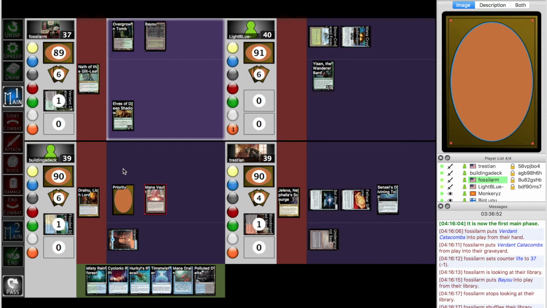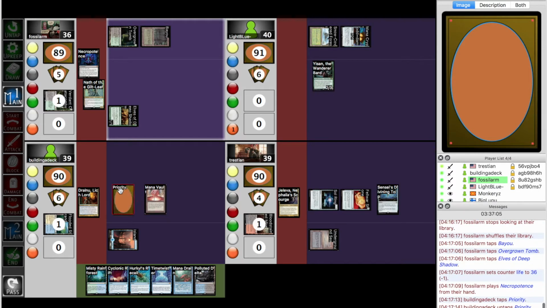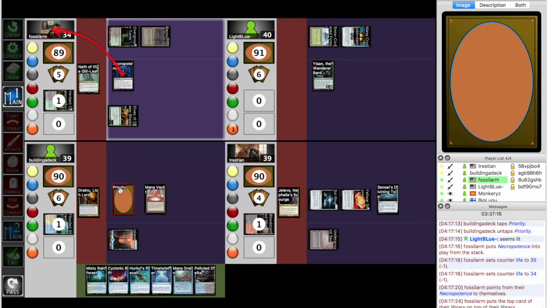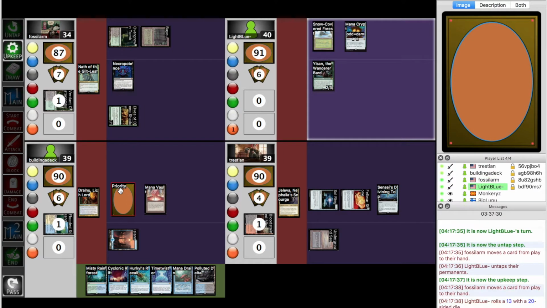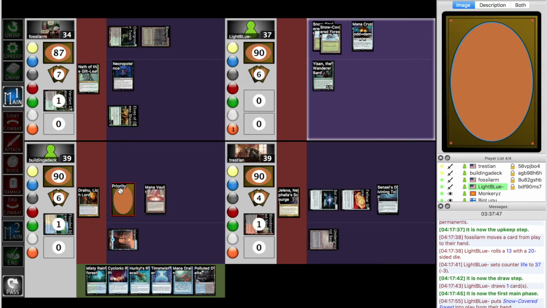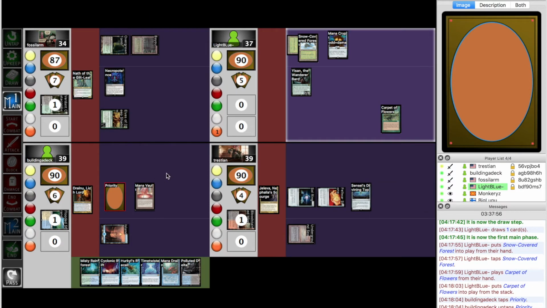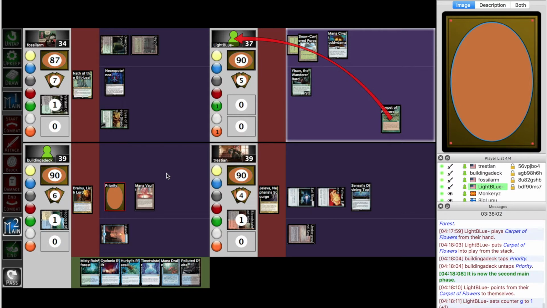An Abrupt Decay on the Mana Crypt would be useful. Well then. Carpet of Flowers is good. So we kept an okay hand, and it looks like it's not going to pay off. Everyone else had really good hands. So that makes...